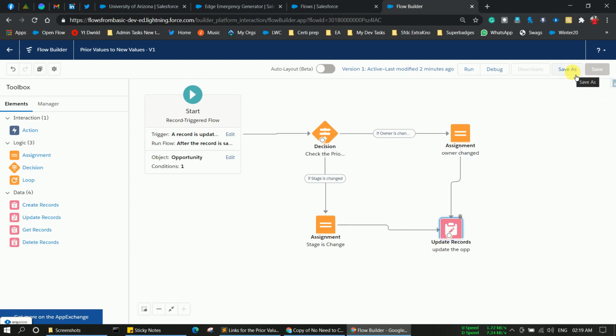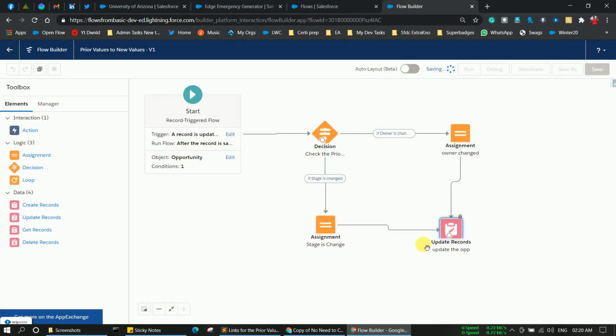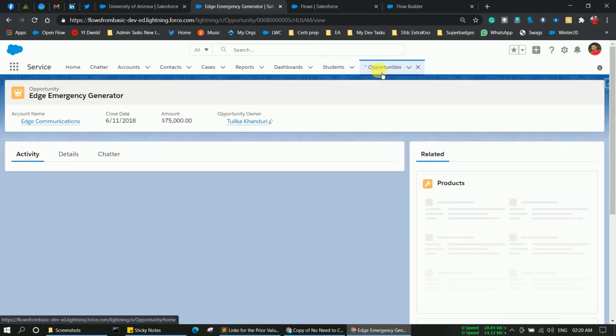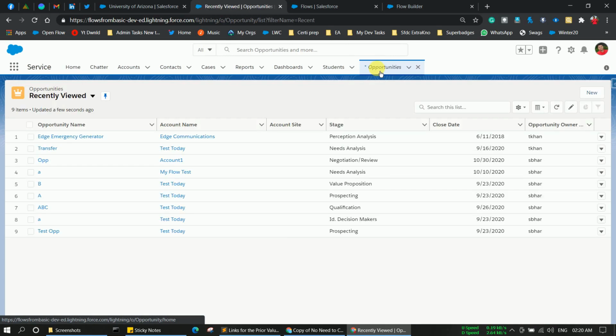And simply click on save as a new version. Simply click save and activate it. Now as you see, my flow is currently active. So let's refresh this and let's choose another record, so that you can differentiate whether the before and after save update work the same or not.